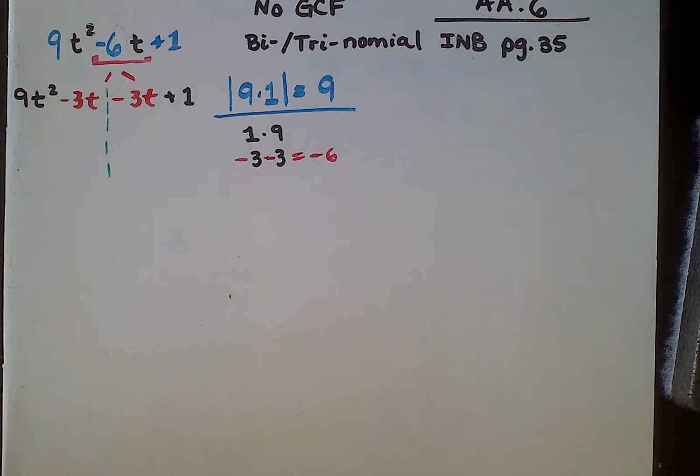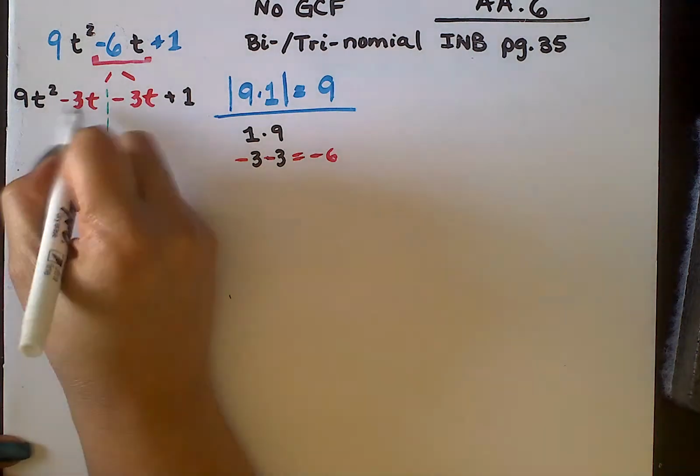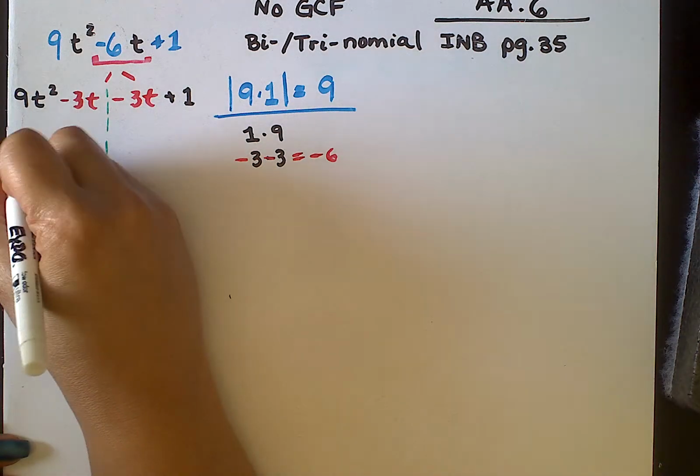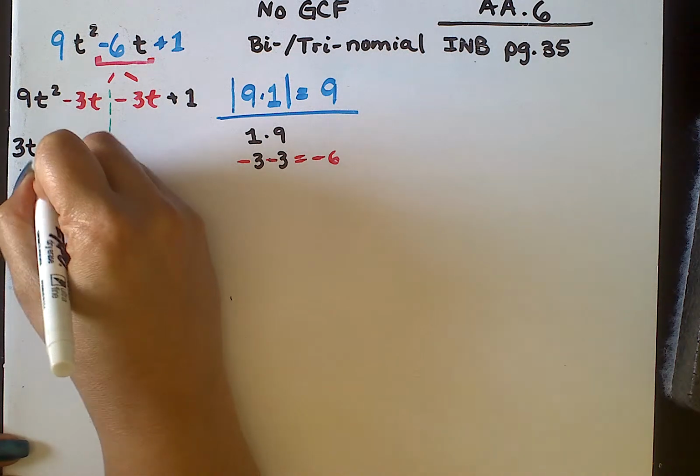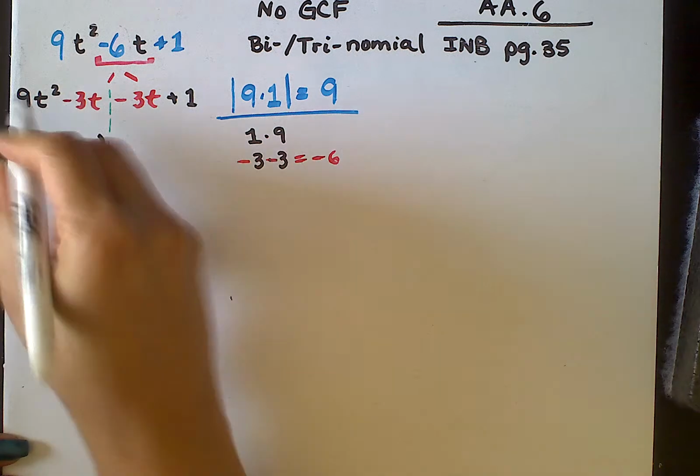I'm going to take that GCF and factor it out. In this case, they both have a 3 in common, and they also both have a t in common. So I'm going to factor that out, and that should leave me with